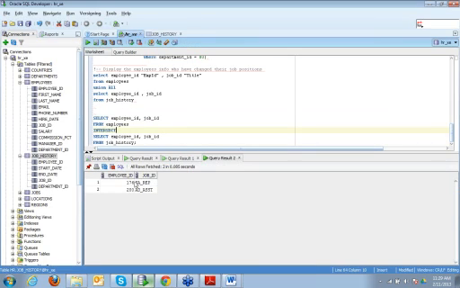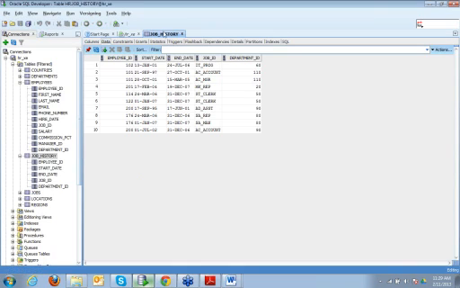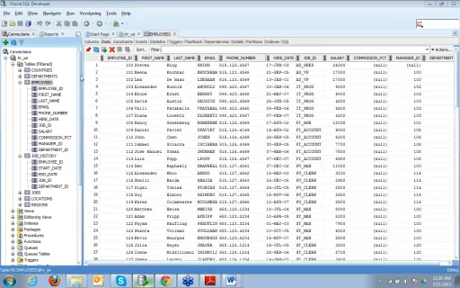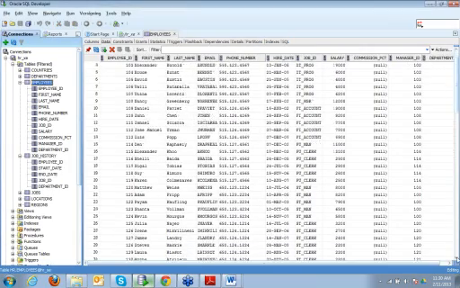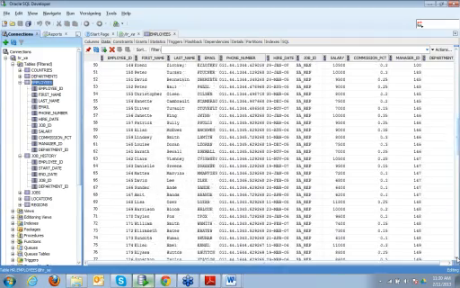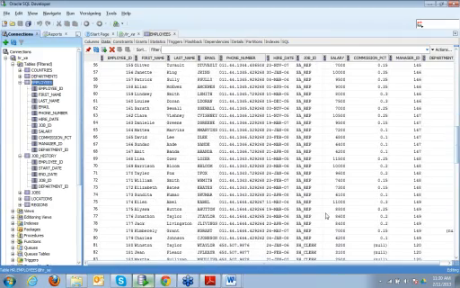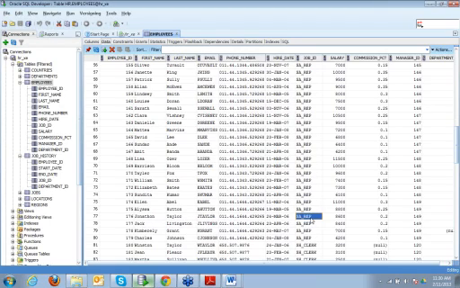Okay, so there are 2 employees who started with some job ID, and they changed their job IDs, and then they moved back to their original one. I can show you the job history data also. 176: originally it was SA rep, then it changed to SA man, and currently it has gone back to SA rep, right?